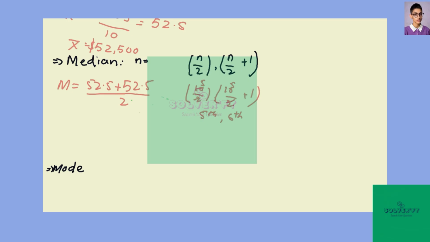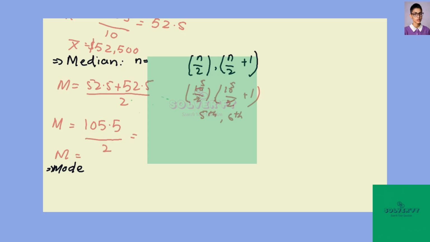This will be median equals to 105.5 divided by 2. So that is 10. Yes. Now the median will be equals to, when we divide it, we get,